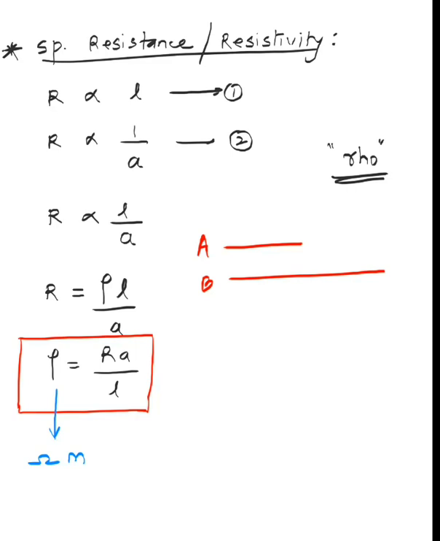For example, copper. It will be the same for copper. But for copper and iron, the resistivity will be different, Himani. It will not be the same. Yes, sir. Thank you. So guys, we say that resistivity is a characteristic property. You guys got it? I'll repeat again. Resistivity is called a characteristic property. What do you mean by characteristic property? It will remain the same for the same material. So if you have a copper key, cup, mug, jug, cupboard, whatever, they all will have the same resistivity, but the resistance will be different.